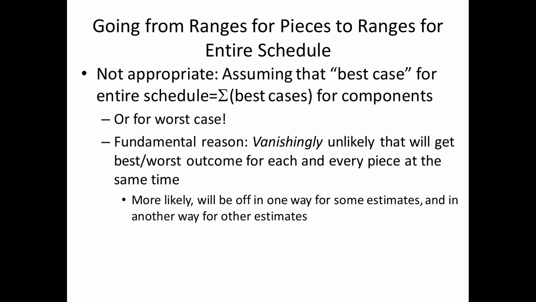So there are statistically grounded techniques that, given best and worst case estimates for the subpieces, will allow you to come up with best and worst case estimates for the whole. Okay? I'm not going to talk about those here. I don't require that you apply them. I don't expect that you apply them, but I expect that you will know where they live, that you can access those if required. Okay?